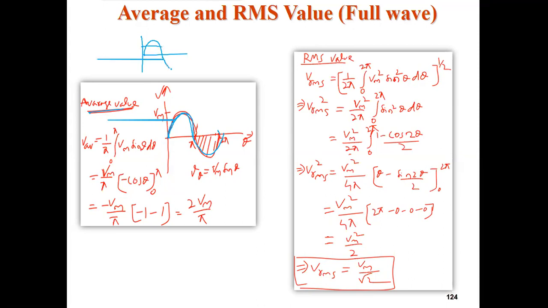Similarly, if I take the average of this negative half cycle, it will be somewhere in this range, but just in the opposite magnitude. Let's say if it is 1 here, then this will be -1. But I don't want to consider this negative sign. I am interested in the magnitude.